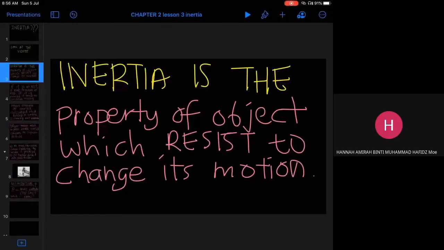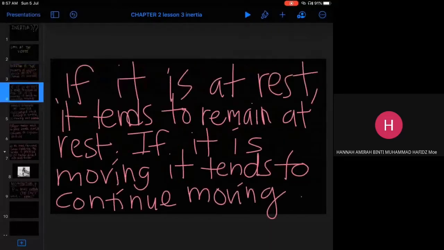Atau dalam bahasa Melayunya, dia tidak mahu berubah daripada keadaan asal dia. Kalau dia berada dalam keadaan rehat, dia tends to remain at rest. And if it is moving, it tends to continue moving. Faham? Faham tak? Sebab itu tadi ada satu video di mana awak perasan tak ada satu bika yang diisi dengan